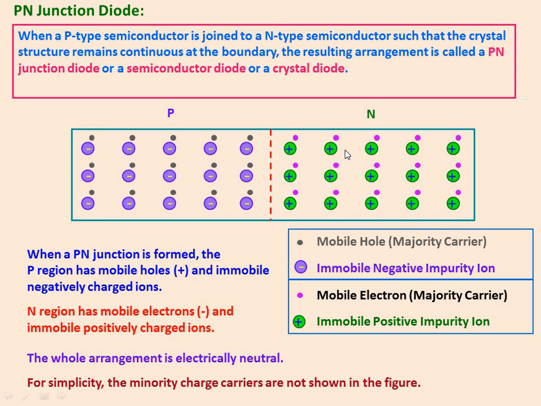In the case of P type, boron is accepting the electron, or whichever third group element you are adding: boron, aluminum, gallium, indium. The third group impurity we have added is deficient of one electron, because the neighboring fourth group semiconductor elements are tetravalent, while the impurity is only trivalent, having a deficiency of one electron. So it is going to accept an electron, and this is associated with that hole.